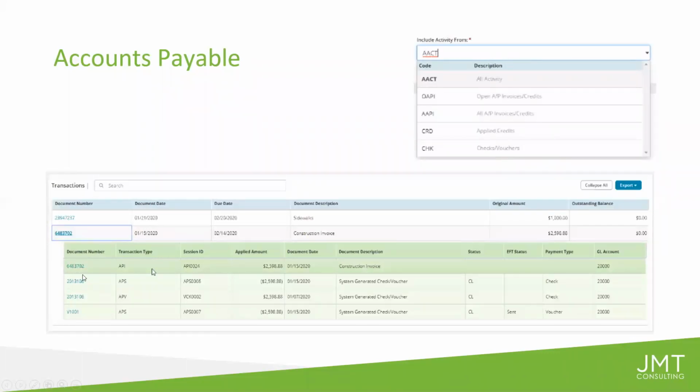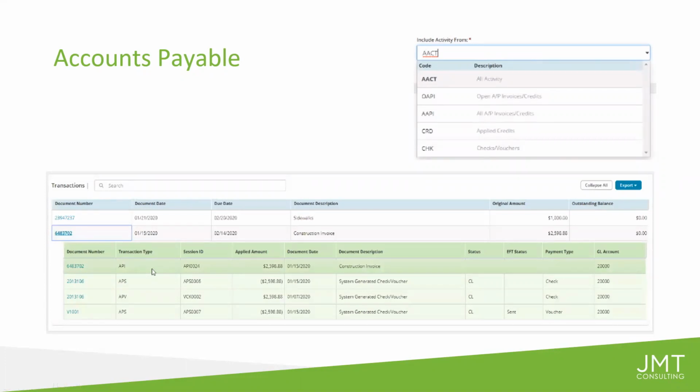And if I click on the document number, I can drill down into the transaction. When the new window pops up, I'll see the AP invoice. I can see that there was a check. So here's the AP invoice. Here's the check. It was cut here. I can see the check was also voided. And then the check was reissued as a voucher. I can look over to the right, and I can see all the descriptions, and I can see that everything has actually cleared. Clear, clear, clear. Should the vendor call, I can use the screen to validate the history and confirm the vendor.